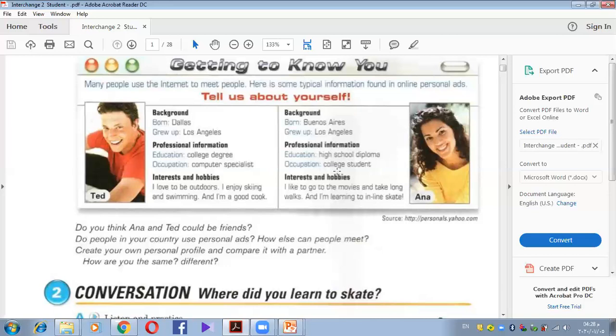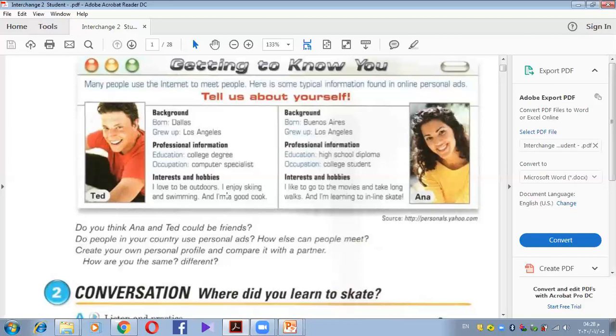She works at, she doesn't work till now. So she is a college student. She is a student in the university. She is studying, okay? A college student because she finished the high school. Interests and hobbies. What are your interests and hobbies? I love to be outdoors. I enjoy skiing, swimming. I'm a good cook. For her, for example, she likes to go to the movies and takes long walks, and she's learning inline